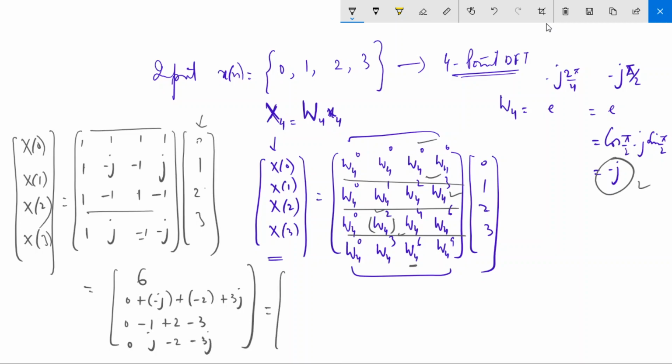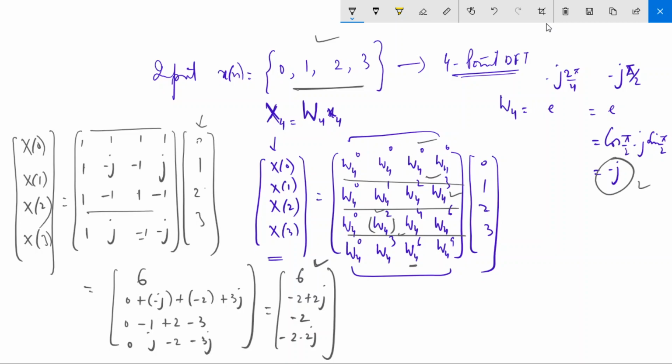Okay, so you will get 6. It will become minus 2 plus 2j. It is minus 4 plus 2, it is minus 2, and it is minus 2 minus 2j. This is your DFT, 4-point DFT of this sequence using linear transformation. Okay,